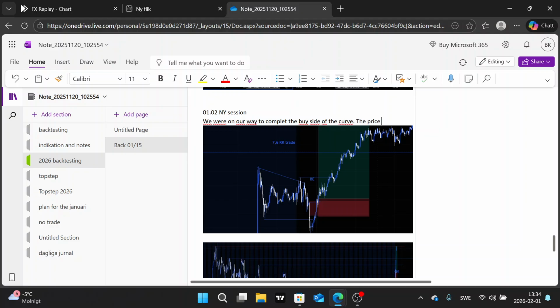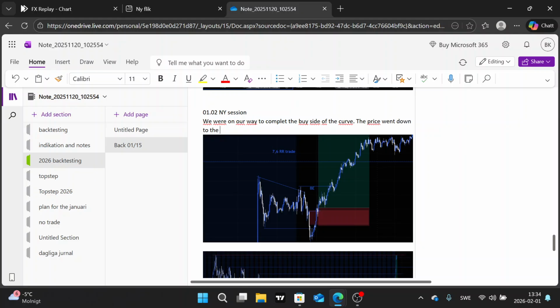The price went down to the equilibrium of the candle or move,